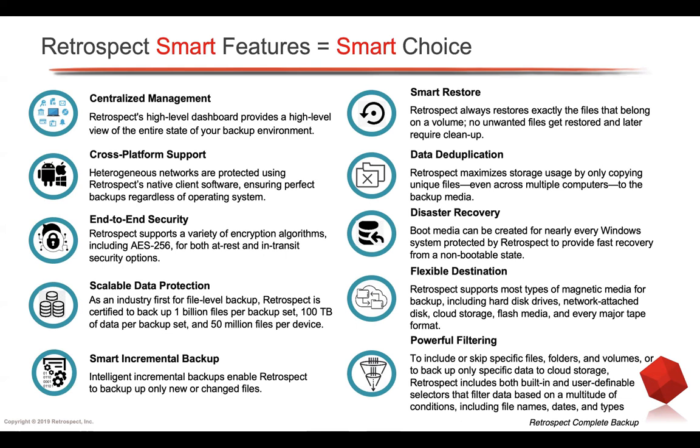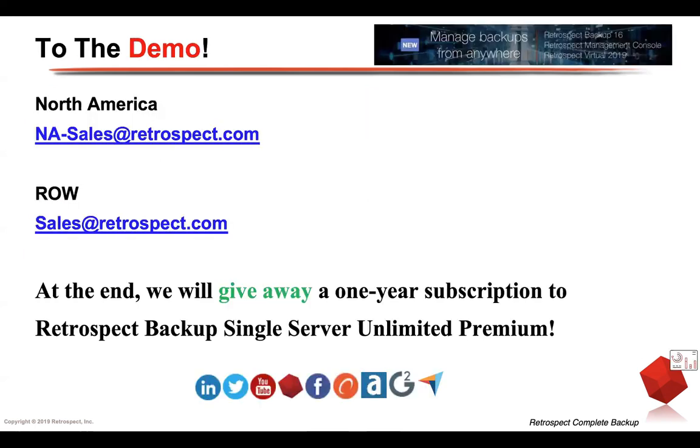So when you do the restore, you can say, I want to restore it right to where it came from, or restore it over to this folder. It will move back the files that we want. And again, extremely powerful filtering. I don't want to back up my cache files. I don't want to back up my music files or whatever. I just want to back up these specific documents or files and make sure that that gets put into 6 different locations. And again, so with Retrospect, you're going to find that if implemented correctly, you're going to be able